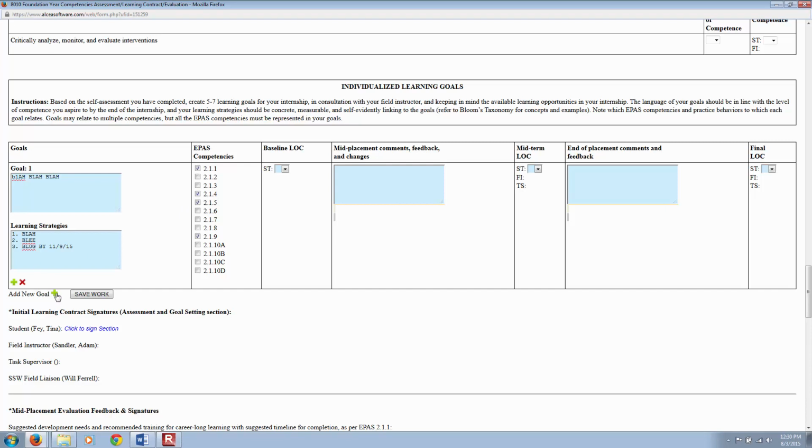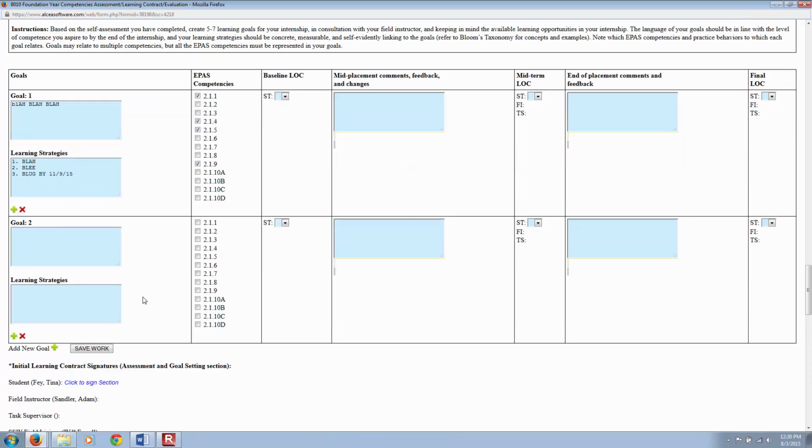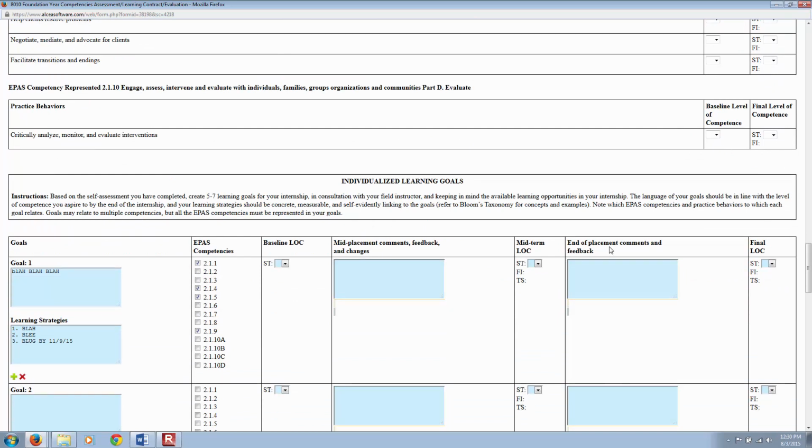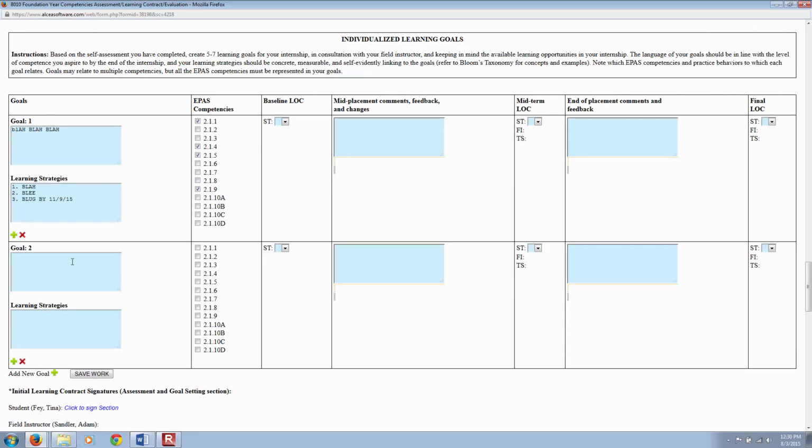Now I'm going to add another goal. And I can add goals as long as I want to, but we are telling you that we want you to write a total of somewhere between 5 and 7 goals. We don't want you to write a goal for every one of these competency areas. First of all, that's not really how naturalistic goal writing goes. And second of all, you're just going to have too many goals, and this document's going to be really unpleasant if you have 13 goals. So again, you're going to write a SMART goal statement and learning strategies for this one, and you're going to think about which of these competency areas this one has to do with,